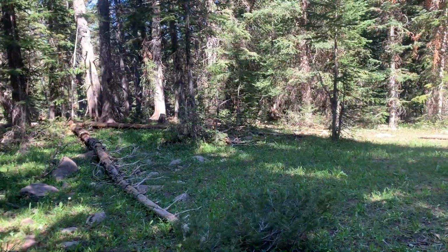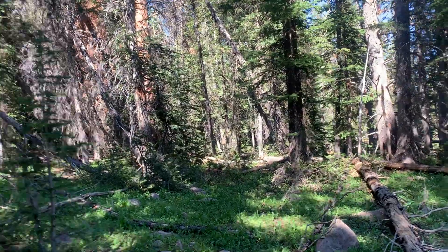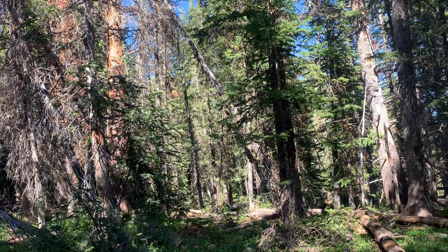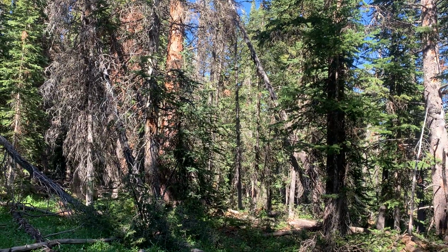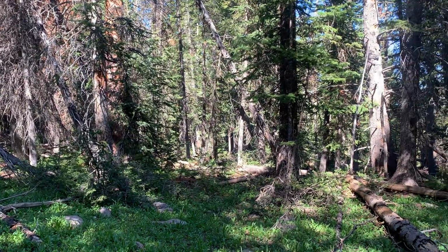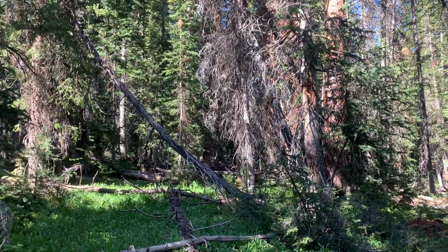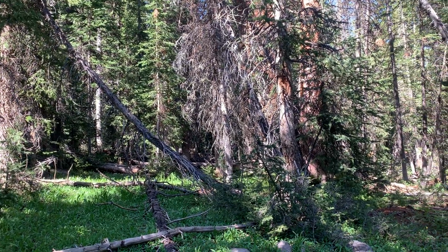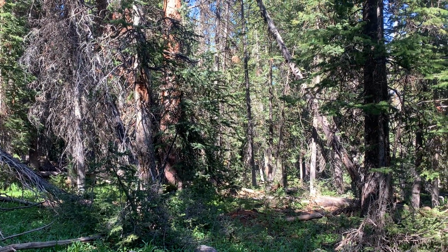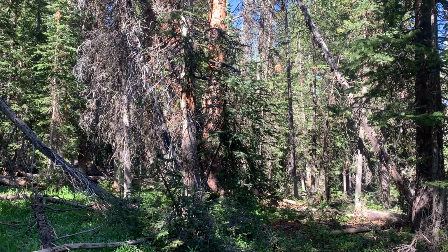Engelmann spruce are interesting in the modern story of the West, because they're one of the trees that is really getting hammered by climate change, and partially by the Forest Service's policy over the last 100 years of fire suppression. They're really sensitive to these beetles that burrow into their bark and eat the soft cambium layer. Spruce beetles. There's a bunch of different trees in the family Pinaceae. The pines have different beetles that they're susceptible to, and there's a spruce beetle that is really hammering the Engelmann